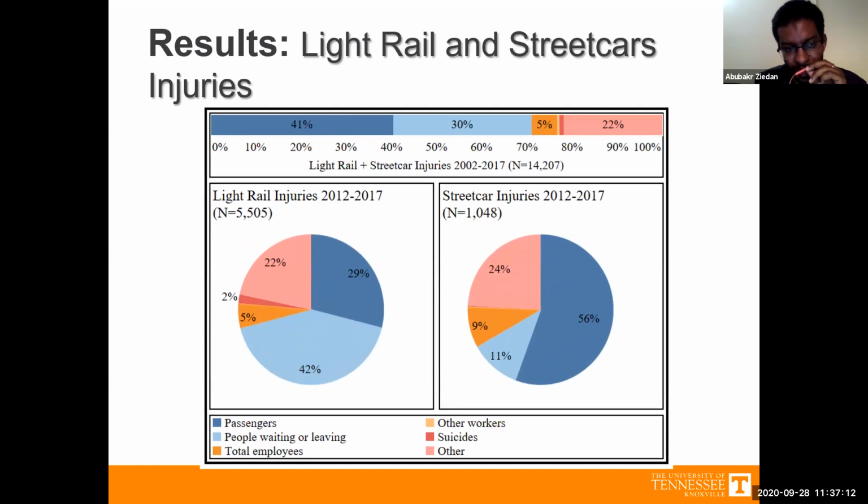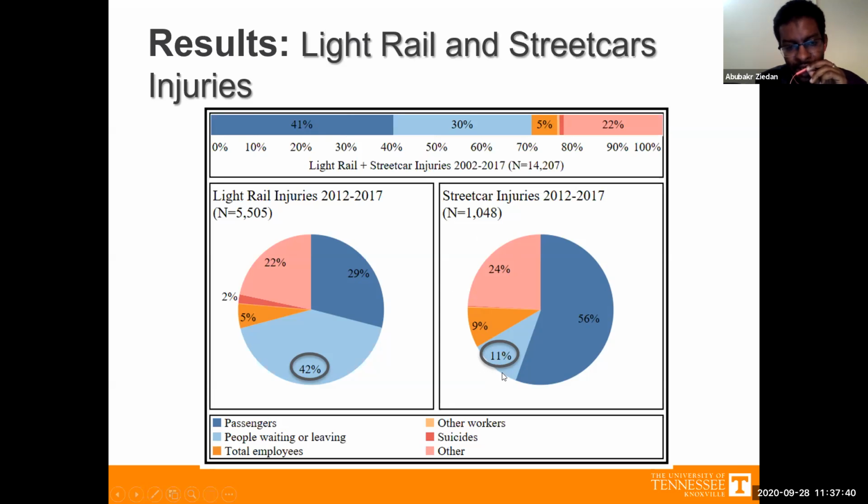Similar to the collisions, we compared the light rail and streetcar injuries. We see that light rail had 5,500 compared to only 1,000 injuries for streetcar. But then when we looked at the portions, surprisingly, we see that the portion of people who were injured waiting or leaving light rail was 42% compared to only 11%